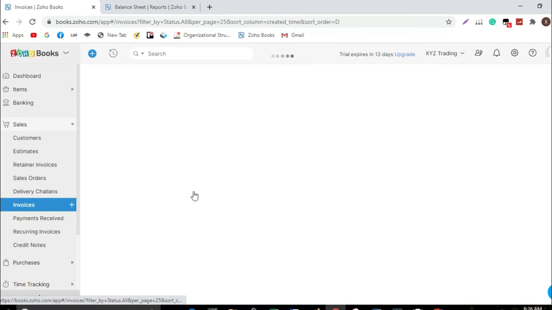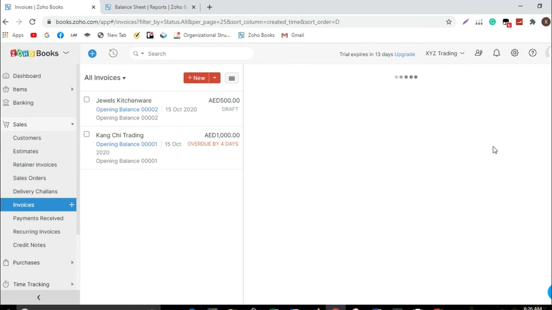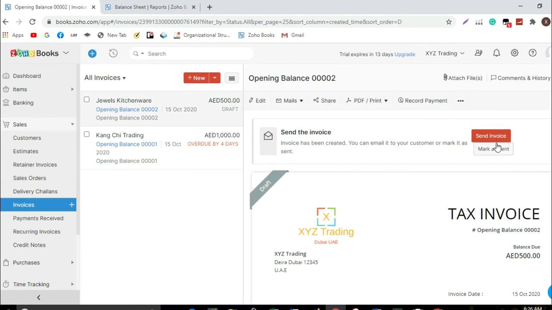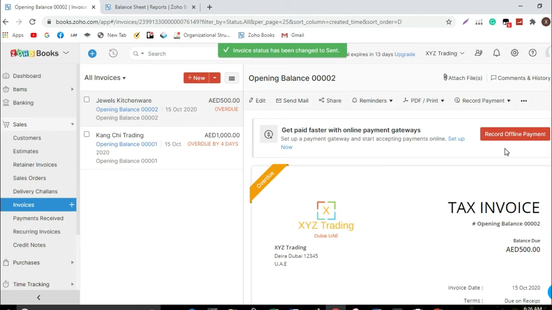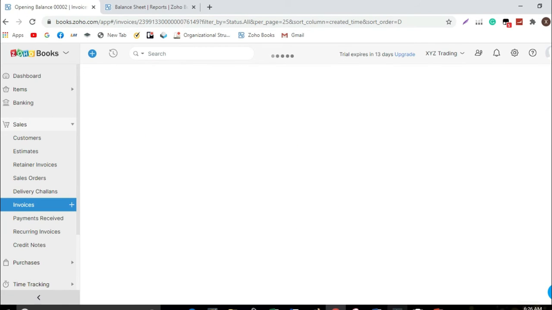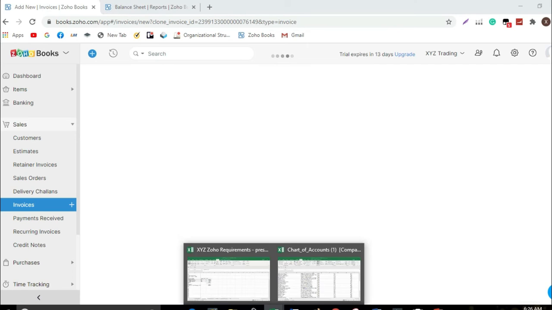So if you notice, guys, I clicked opening balance 002 and mark as sent, because if the document is still in draft, then it will not reflect on our balance sheet report.